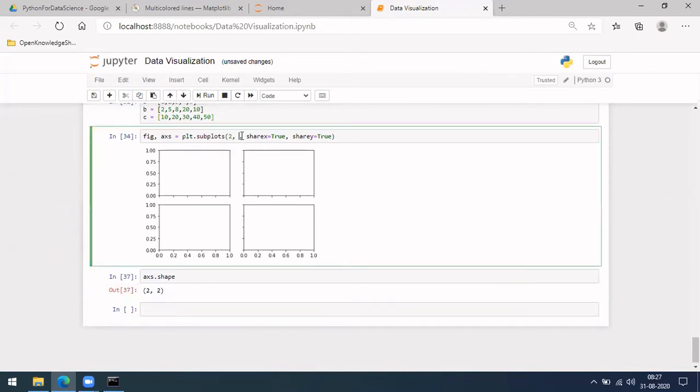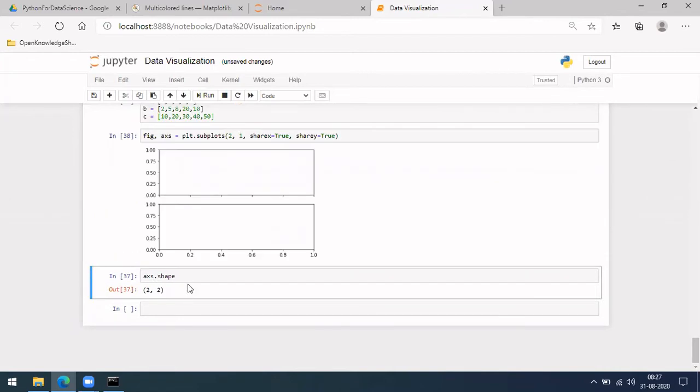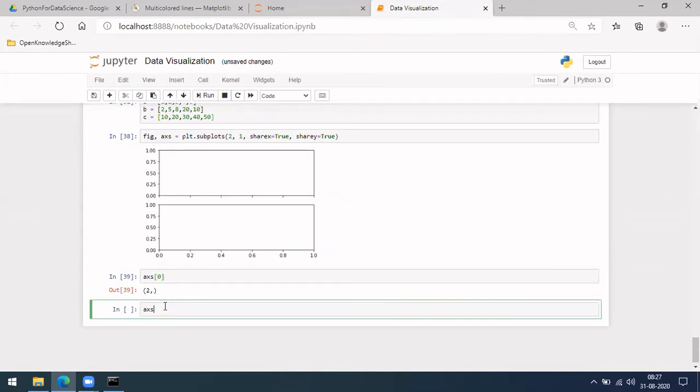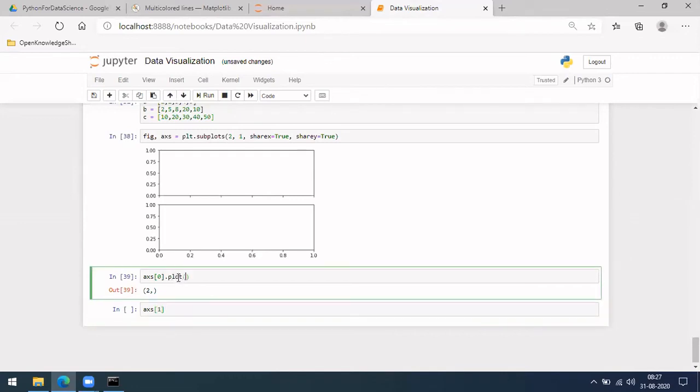Okay, so let's do an example of one first, then we can go for multiple ones. In case I now want to access dot shape, which is just two, meaning two rows. So to access each, we have to do it like this: ax0 for the first graph and ax1 for the second graph. Let me do dot plot A comma B comma label also. Let's put the label as well, line one.